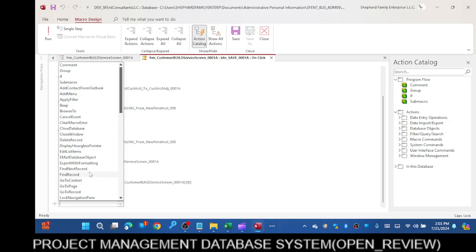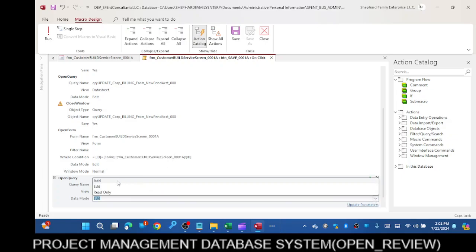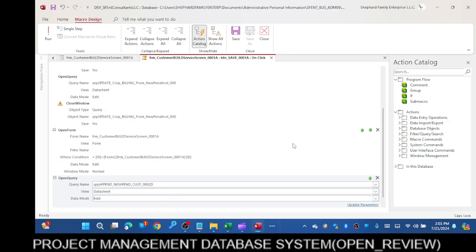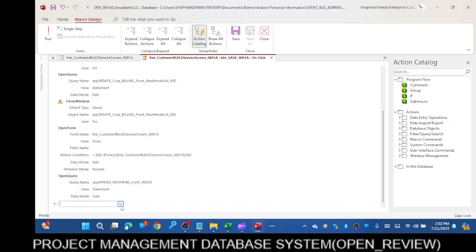Let me create the query: open record, open query. That's the query name. This is going to be adding a record, and after it runs,